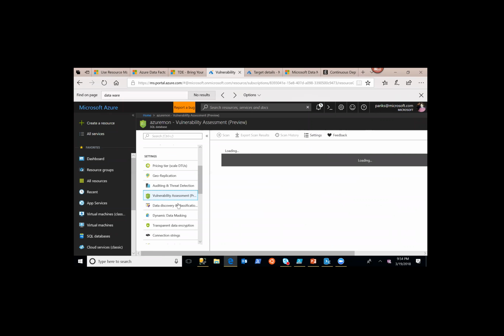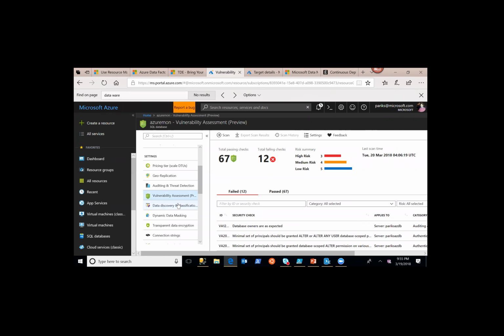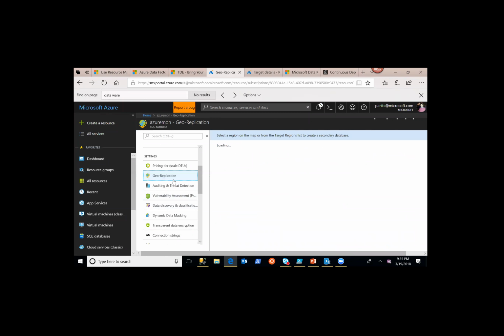Now, all these things, as we are building in the cloud, we are also bringing back to the on-prem instance of SQL Server. So data discovery and classification, in the latest release of SSMS 17.5, we also have that for on-prem releases. But these were first developed for cloud, for the customers to get that experience. So we also ensure that whatever we can bring back to on-prem, we try to bring that back as well. But these are the values which a customer gets when they actually go to Azure SQL DB. Geo-replication is just turning a knob, or there is PowerShell available, or there are REST APIs available for a customer.